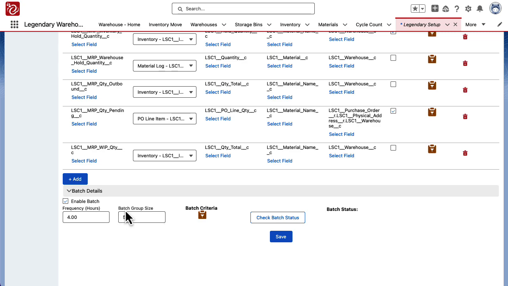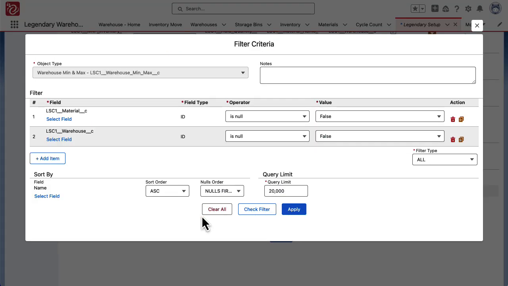I can set my batch group size, so how many records to run over at once. If you have relatively low quantities of inventory as far as the number of records being aggregated in a given run that would meet these criteria, you could set this much higher, and then the batch would run much faster. If you have larger volumes of records, then you may want to set a lower batch group size. And then you can set your batch criteria here, in which case we have set to pretty much run just over everything,